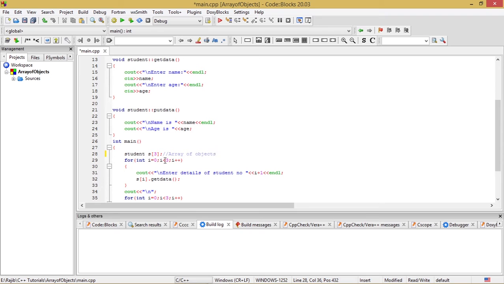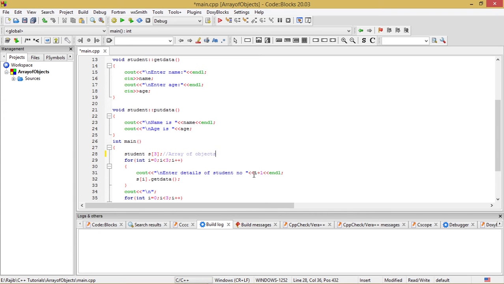Suppose I starts from 0. In order to make the output user friendly, I have taken this I plus 1, because student number 0 makes no sense to a layman who executes the program.